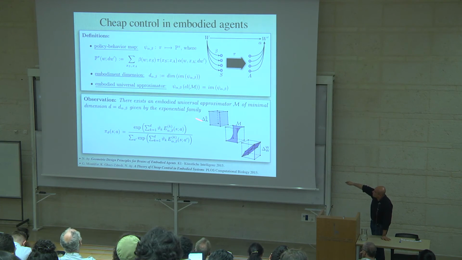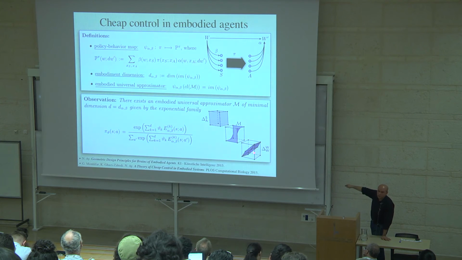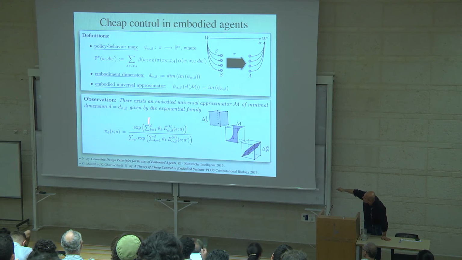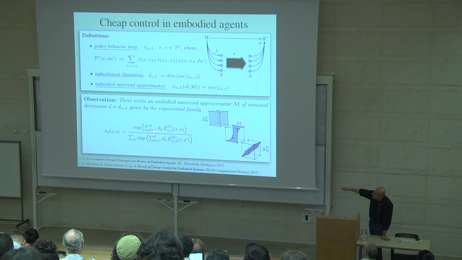Now, instead of modeling all elements here, we reduce that set to a smaller dimensional set M, which gives you the same shadow, so to say. That's what's written here in this equation. And it turns out that you can explicitly write down a model, it's this one here, which gives you that. So the dimensionality of your model is exactly the dimension, so I forgot to write, this D is actually the D alpha beta. So you only need as many feature vectors here as the embodiment dimension of the system, okay?